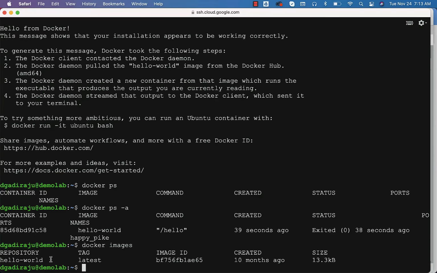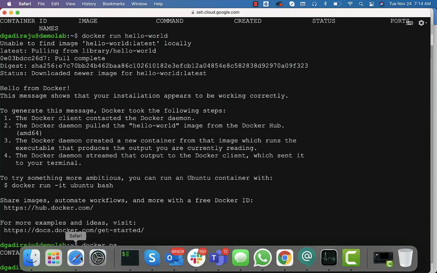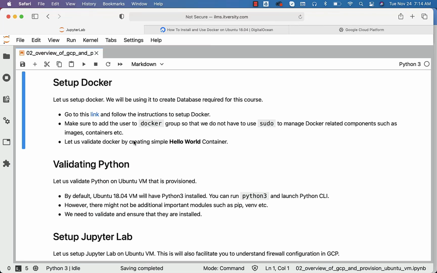As we are able to use this docker run command and pull the hello world image and also use it to print this message, it takes care of the validation of the Docker that is running on this machine. So make sure you run this command and confirm that it is running without any issues. As we have finished setting up Docker, adding the logged in user to the Docker group, and validating Docker by creating the hello world container, now it is time for us to go to the further topics related to the course which we are in.